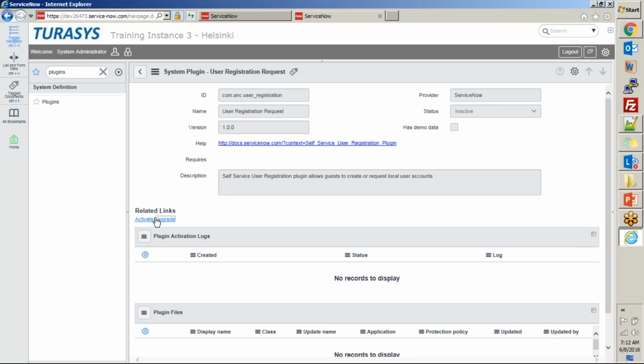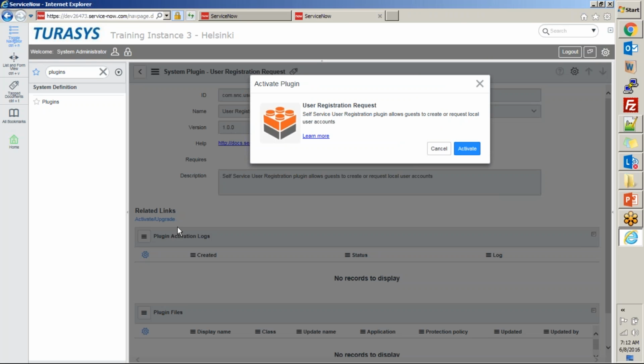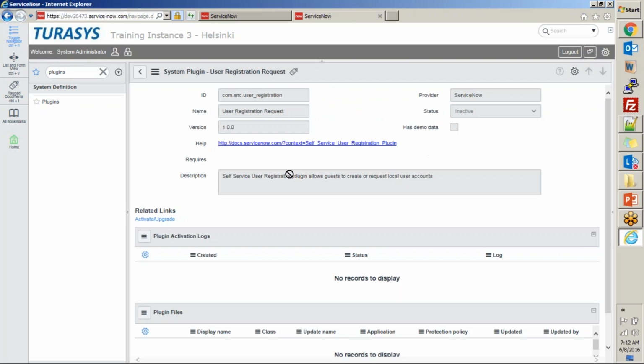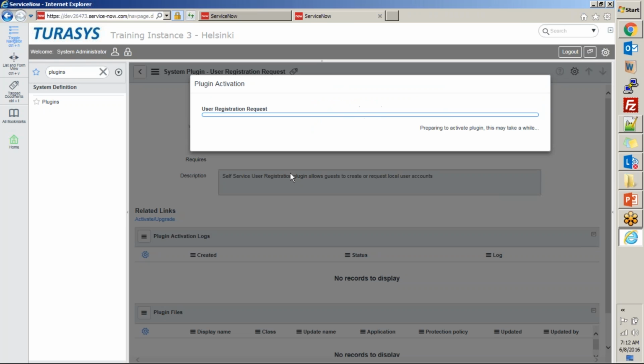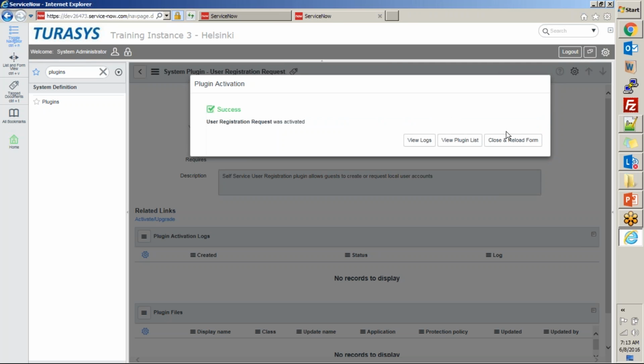I can go ahead and click on this activate or upgrade. Once I do that, it will ask for confirmation for activation of user registration request. I'll go ahead and confirm this. Once I confirm, the user registration request plugin will be activated.